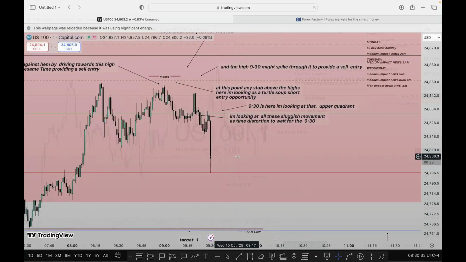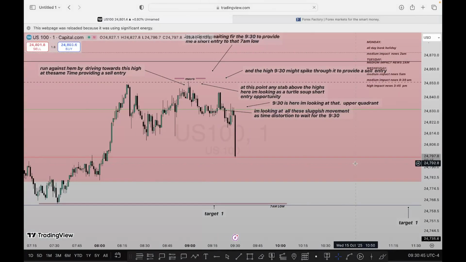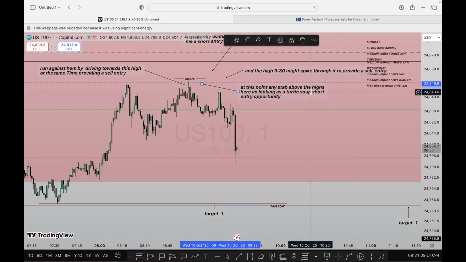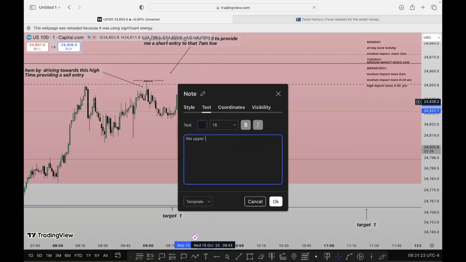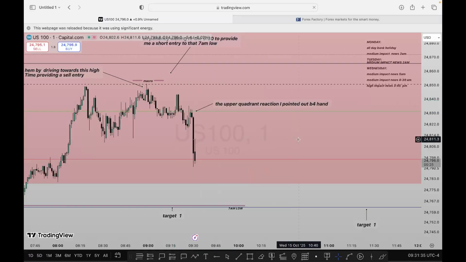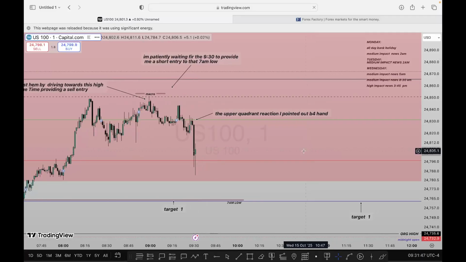Oh wow. Going into New York, 9:30 dropped down aggressively, and I had pointed it out before it even happened. Dropping down aggressively, already looking like it wants to reach my target explosively. But the thing with me is patience. I'm not rushing in. If it wants to go without me, it's welcome to go. You can go to my target without me, no problem. That was what I was thinking at this moment.